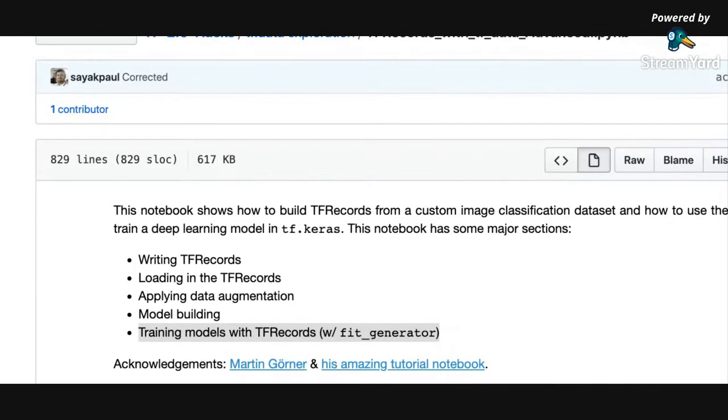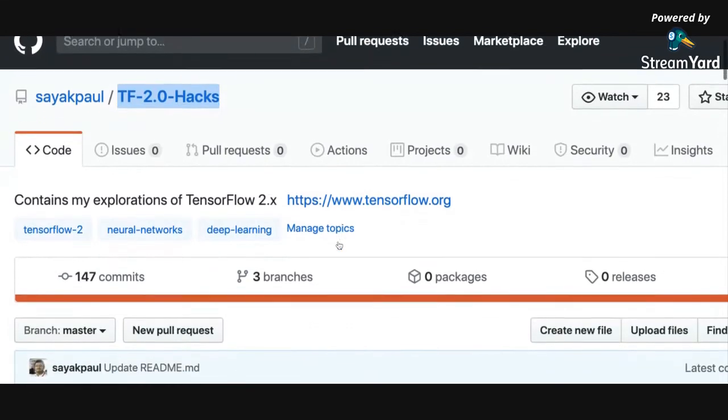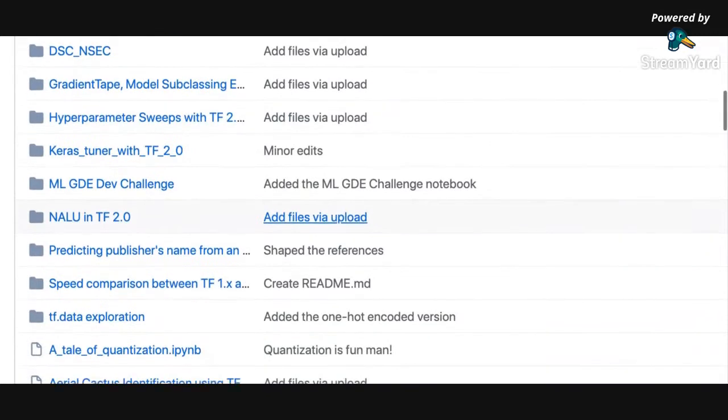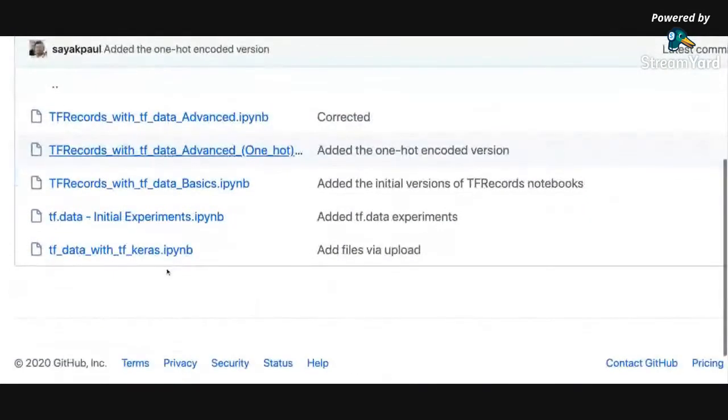This is the URL. If you just search for tf2.0 hacks, you will get this one. And inside tf.data exploration, you will get all of these notebooks that I experimented with. So I guess that answers your question.